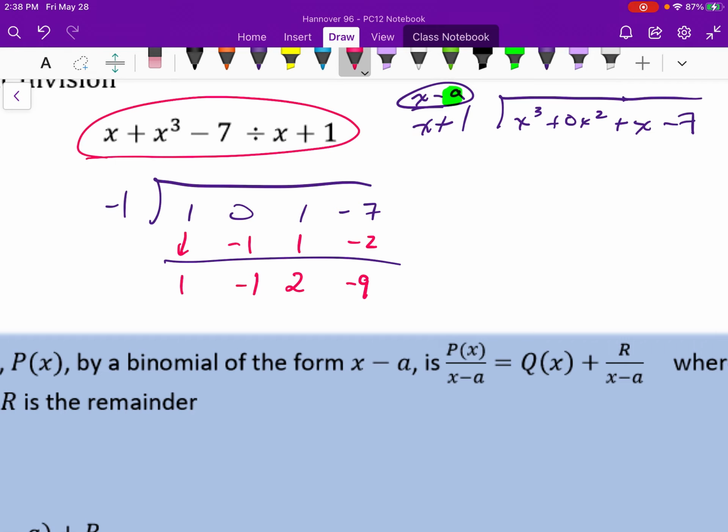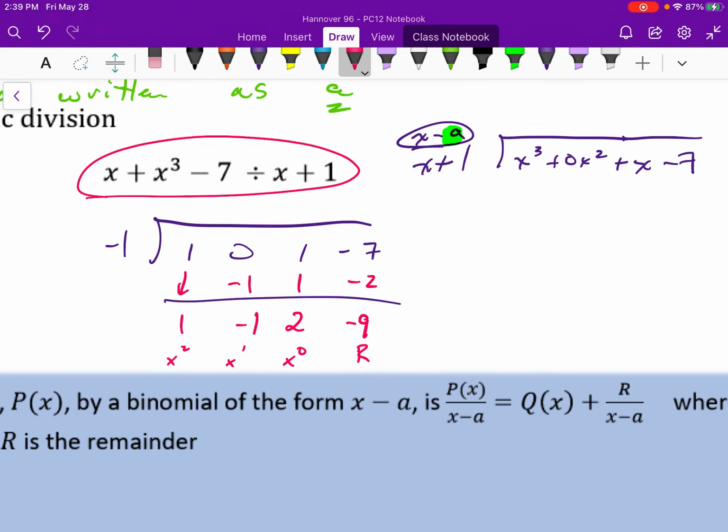So the result of this will be, that's my remainder, that's my constant, that's my x to the power of 1, and this looks like it's going to be my x to the power of 2. So this is simply going to be 1x squared minus x plus 2, with a remainder